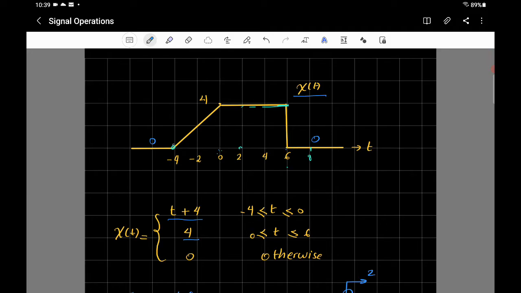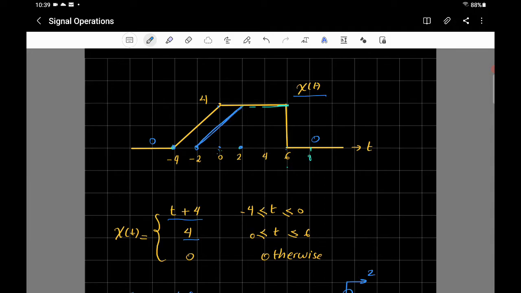You pick the most important points. The most important points in this graph are -4, 0 and 6. Between -4 and 0 is a straight line. This straight line is going to move 2 units to the right, so -4 becomes -2 and 0 becomes 2. So the graph will be like